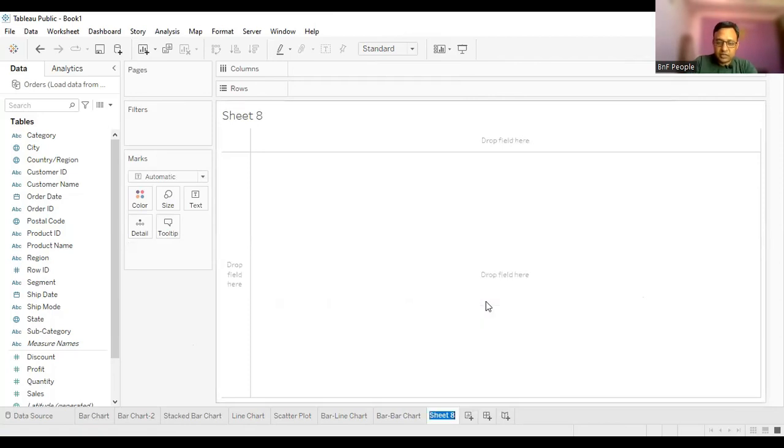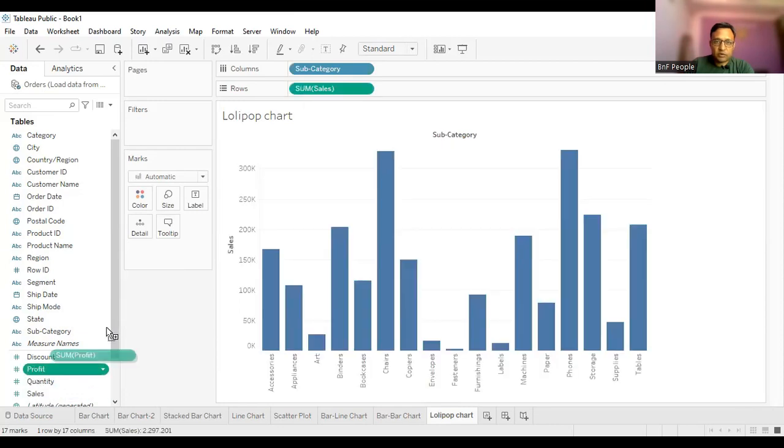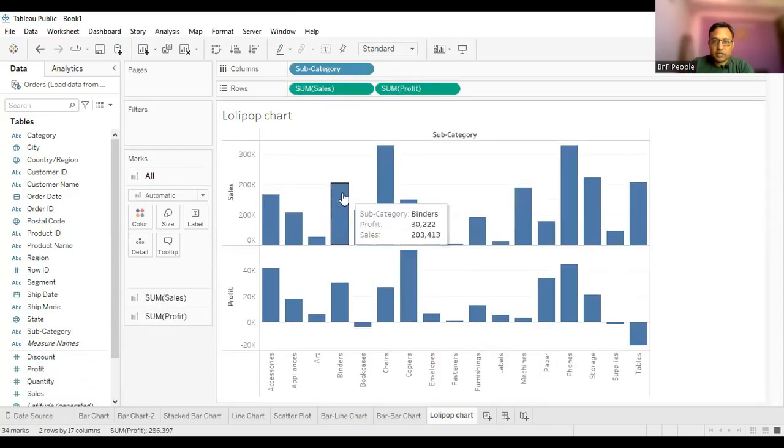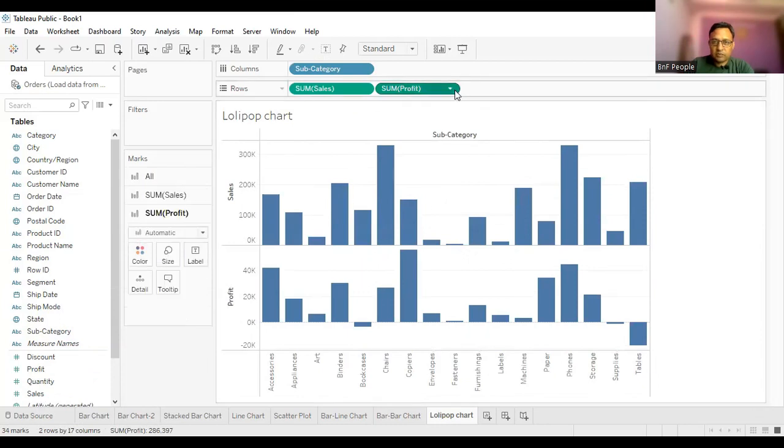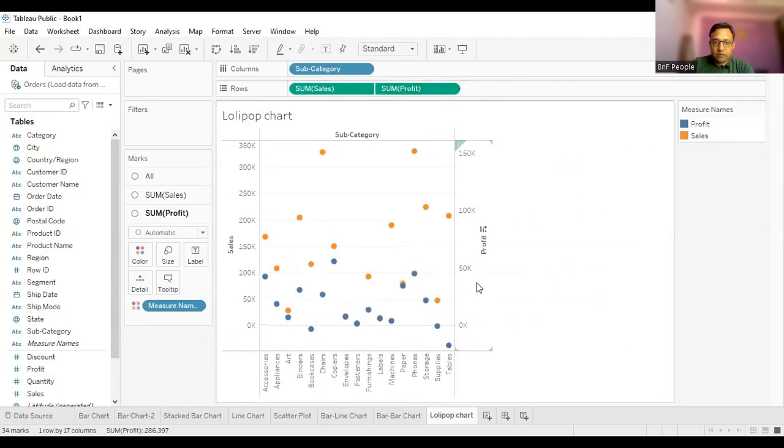So this is the bar chart that we saw, and moving forward with another interesting chart, that is the lollipop. Again, we need two charts. So the same process: subcategory into columns, sales into rows, and profit again into rows. Two charts are available with us. Again, we do profit, dual axis. Now you can see